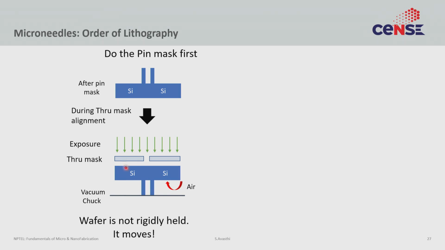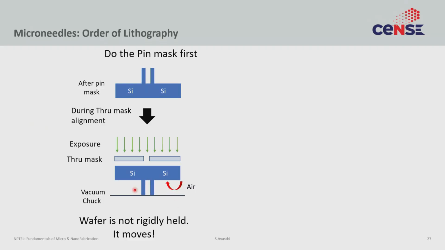Now during this alignment process, the way we hold the silicon wafer is through what we call the vacuum chuck. You just put the silicon wafer down on a chuck and pull vacuum, and just by air pressure the wafer fits snugly onto the top of the vacuum chuck and doesn't move. But if you look at this cross section, you notice something. The bottom surface is not flat, right? So when you pull vacuum, it doesn't hold the wafer because the air continuously leaks through the bottom. The wafer never sits snugly, so the wafer moves.